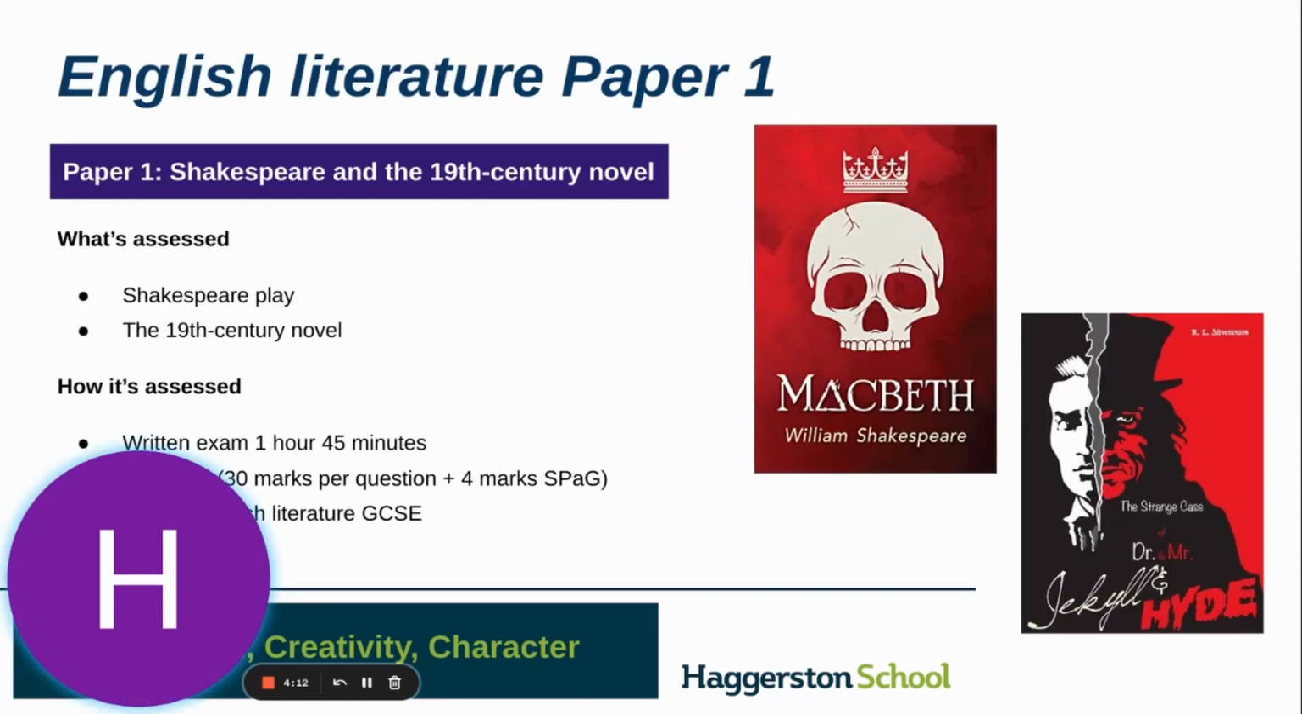So for your first English literature paper, which is paper 1, it's worth 40% of your overall literature GCSE grade, and it's 64 marks. You'll have 1 hour 45 minutes to answer 2 questions. The first of these will be on a Shakespeare play, and we study Macbeth, and the second will be on